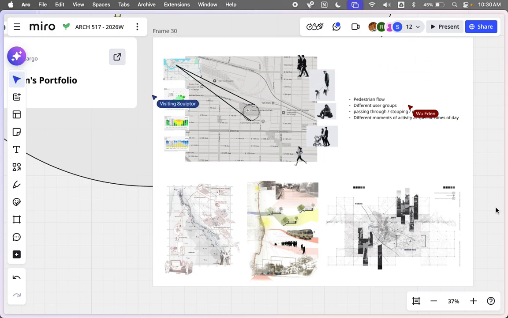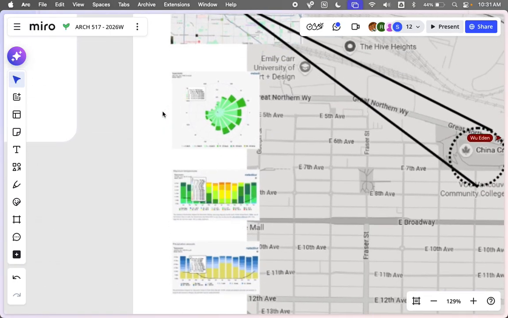I'm also interested in how these layers of movement shape those actual experiences. I also include some rainfall maps and some diagrams about temperature, but I think is that too much to include in this